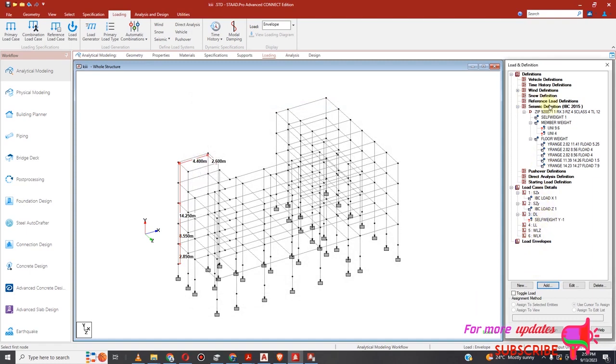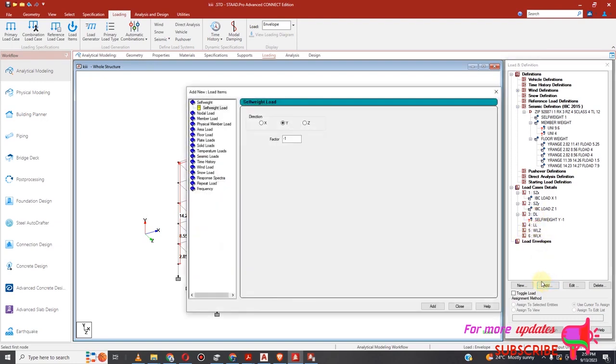Remember this one, for Seismic the self weight is assigned automatically, but for load cases we need to assign our cells. So we start by dead load, and also we add again for our unit weight. Okay,